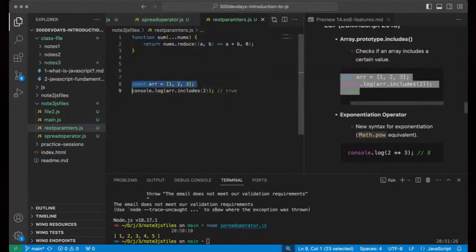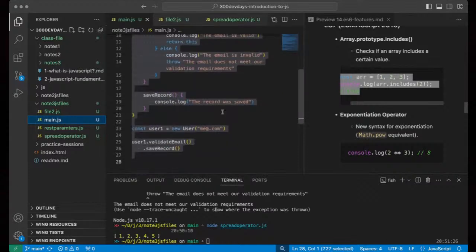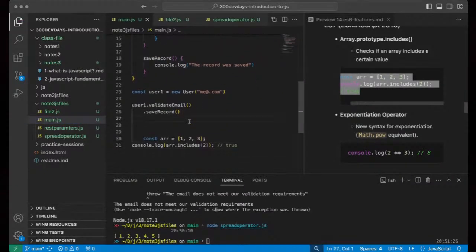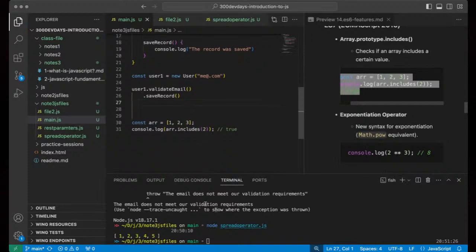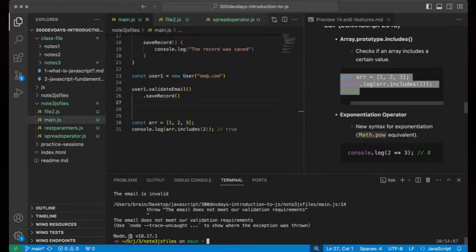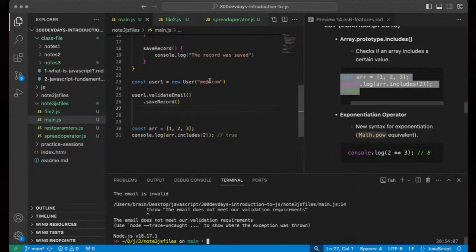Let's just take this back to the main file instead. So what I would do right here is just drop it there. Okay. So if I run node main, let's look at what we get. By the way, we are still having this throw an error. Remember, I have to comment on this. It was an intentional error, by the way. So let's run this again.